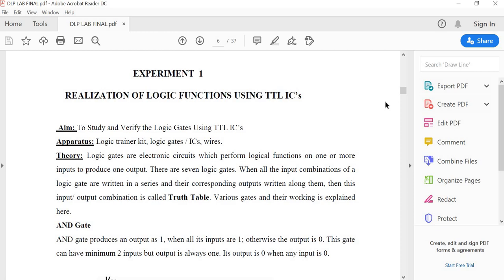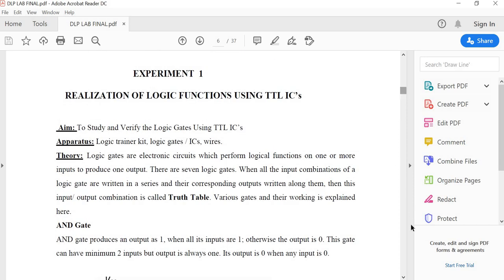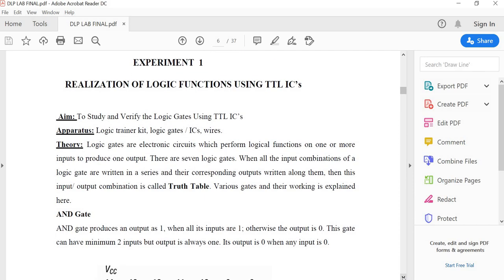We have different logic gates in digital electronics. So we will verify the function of all those logic gates, and we will realize the operation of those logic gates using this Logisim tool. We will quickly go through the manual. Once you fix our aim, next are the operators required if you want to do the experiment manually in the laboratory: logic trainer kits, logic gate ICs (integrated circuits), a power supply, as well as wires are required.